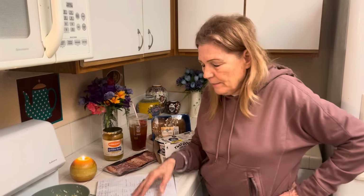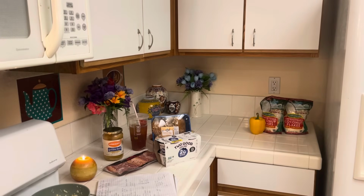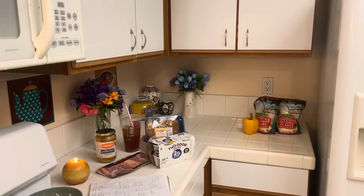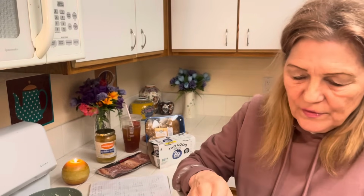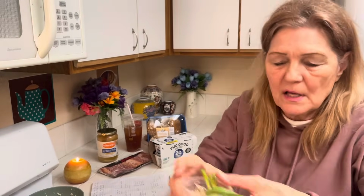So you're always going to have protein with your, also I forgot to mention to you, the Mexican garden is onions, which are very easy to grow. I want to mention something while it's on my mind. Okay, I mentioned I got two onions marked down, but also if you just put them, so this is the end with the roots, and see my onions are already starting to sprout out, so I want to plant them in some dirt. And then last night I used my green onions, and I also,